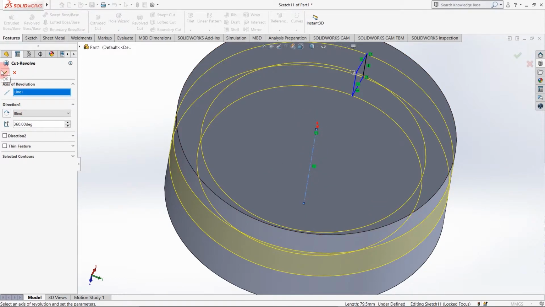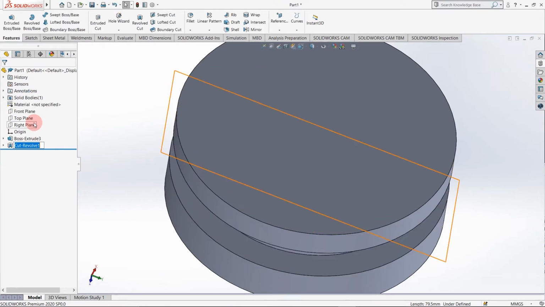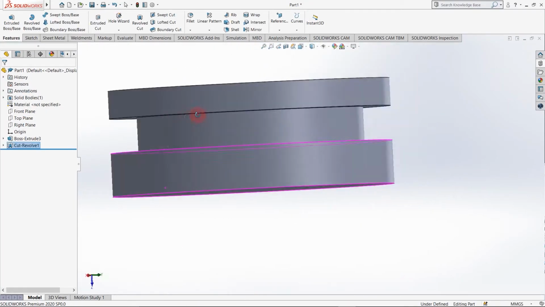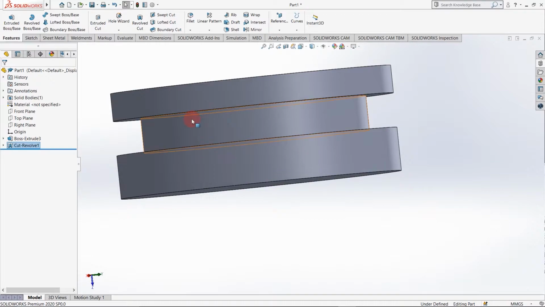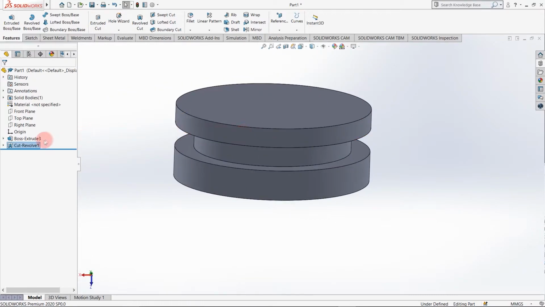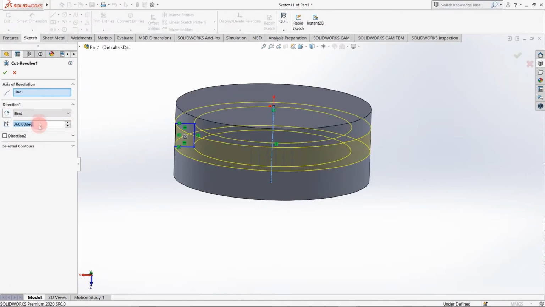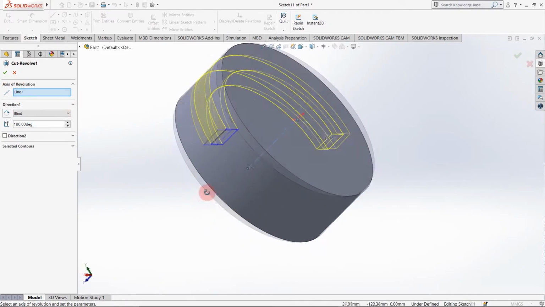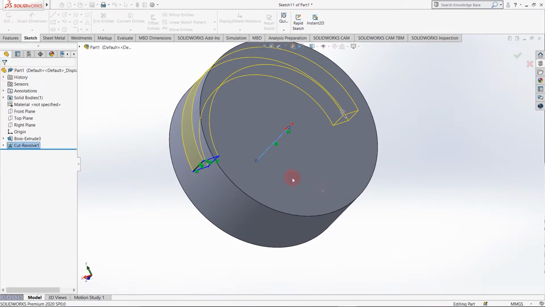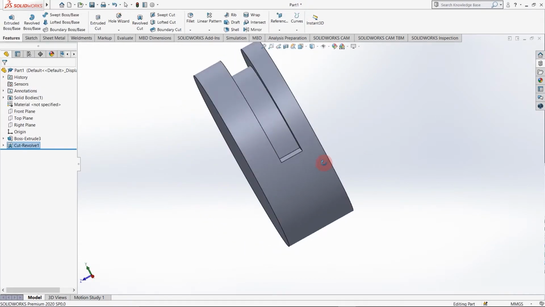By clicking OK, you can see the region is cut out. I am editing this feature, so I want it only for 180 degrees. As you can see in preview, the hole is now only for 180 degrees. So yeah, it is created.